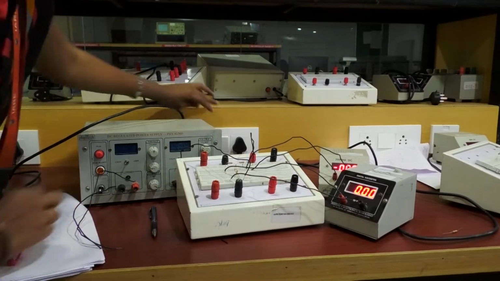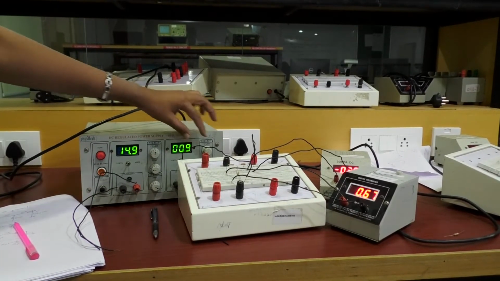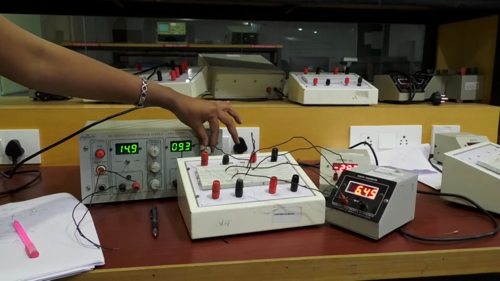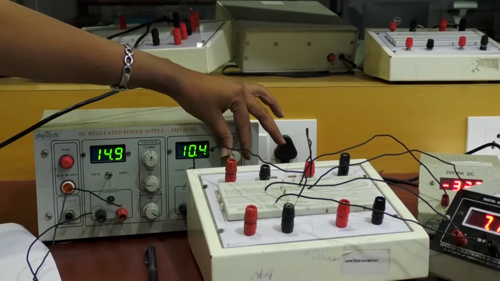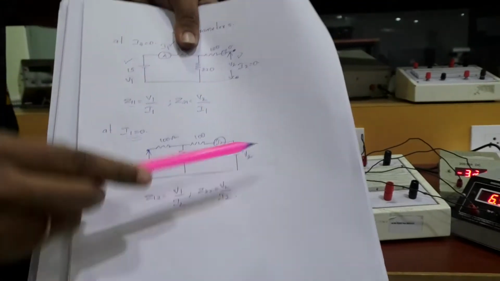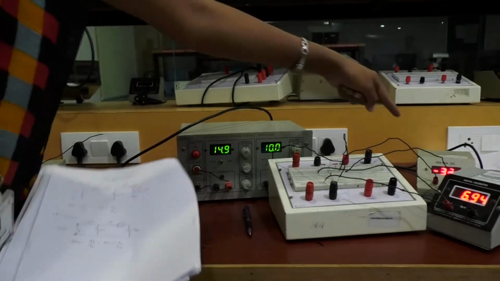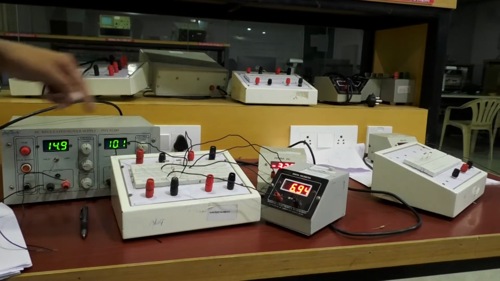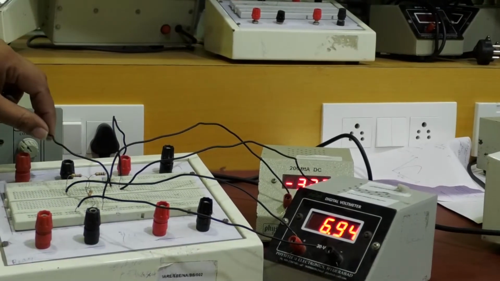Now we switch on the supply. What is my V2 value here? V2 is the source voltage, so now we have to set it to 10 volts. Now my source voltage is set to 10 volts, which you can see on the display, and this is my I2. Here it is minus, which is nothing but I2 equals 32.2 milliamperes, and here it is the voltage source.